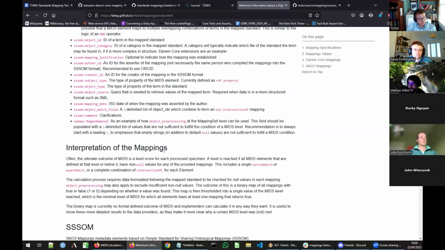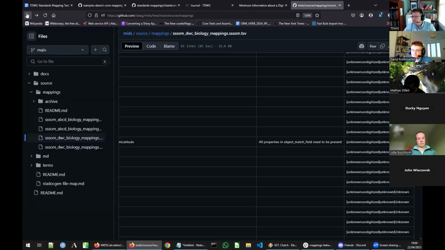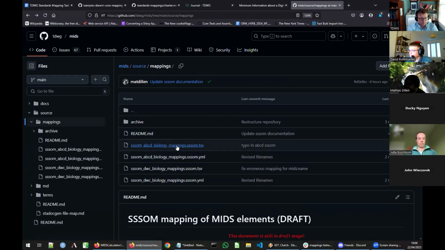There's one more thing, which is the versioning of the mappings. Currently, we have a few of them. The versioning is not ideal. They're basically updated as we discuss things in the MIDS group and find things that need to be tweaked. At some point, we will need formal releases, and those mappings will probably need some further updates afterwards. There have been some questions whether we want to include them in the ratified part of the MIDS standard. I think we probably don't want to.